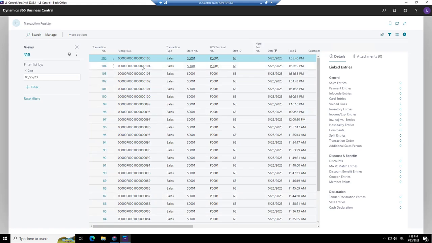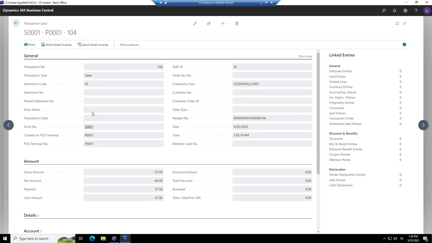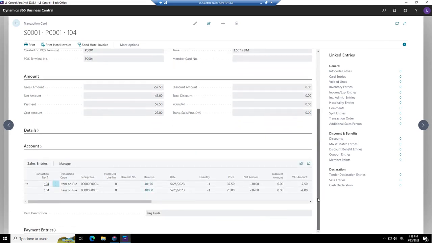Let's go to the next sale before that, and let's look at it. This is a sale we paid with currency, right? And again, the same store number, terminal, staff ID, user. Here we have the amount. And if we go down, we will see the sales entries.